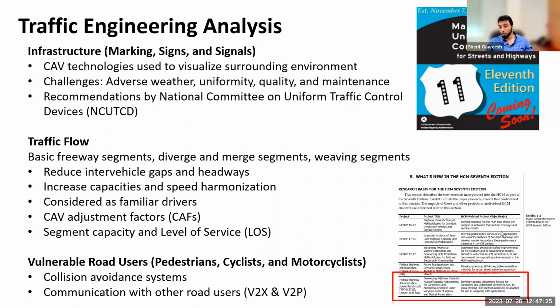Moving to traffic flow, what is the effect of connected and autonomous vehicles on calculating the capacity of our roadways, on how to calculate the level of service, and so on? The latest Highway Capacity Manual highlights specific sections within the manual on how to account for the presence of connected and autonomous vehicles, with new tables for the adjustment factors of the CAVs. And finally, within this course, I discussed